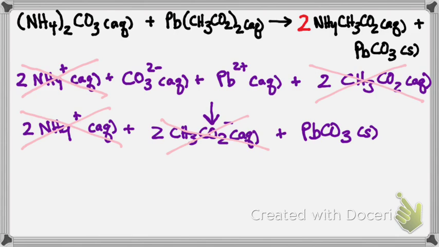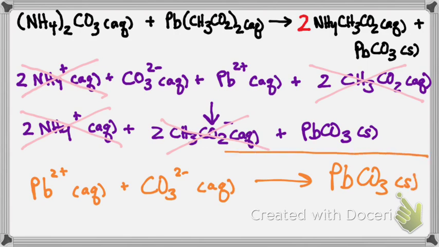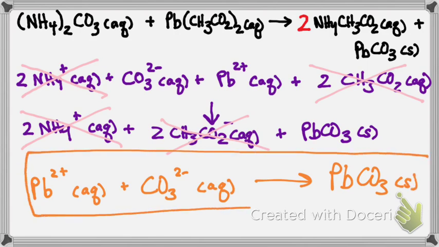This leaves Pb2 plus aqueous plus CO3 2 minus aqueous yields PbCO3 solid. That's our net ionic equation, and that is the equation that shows us everything that is chemically changing